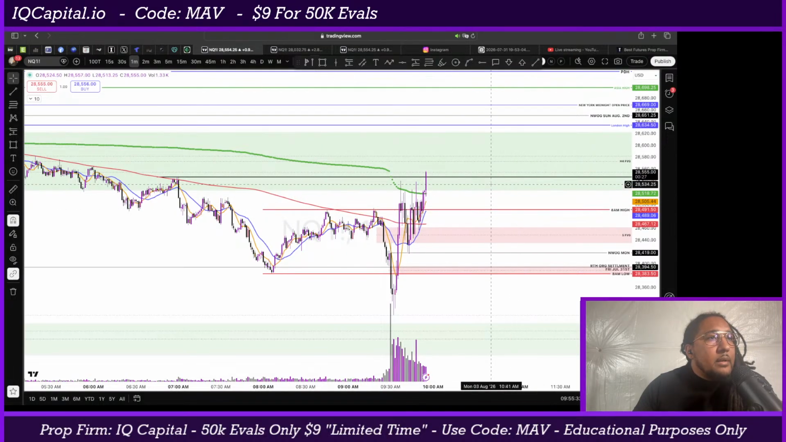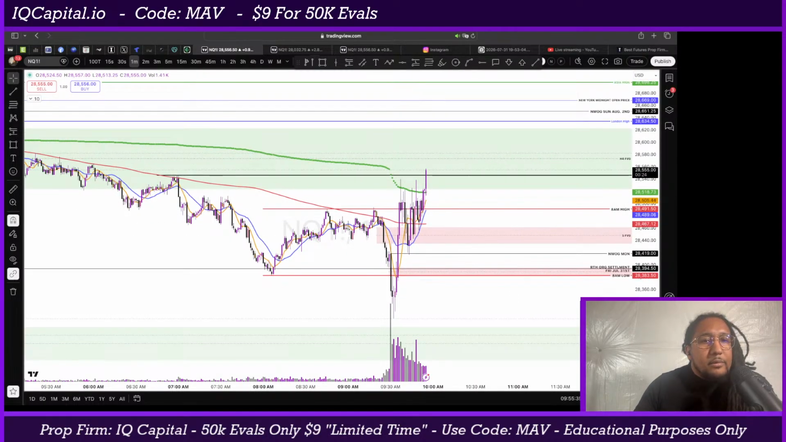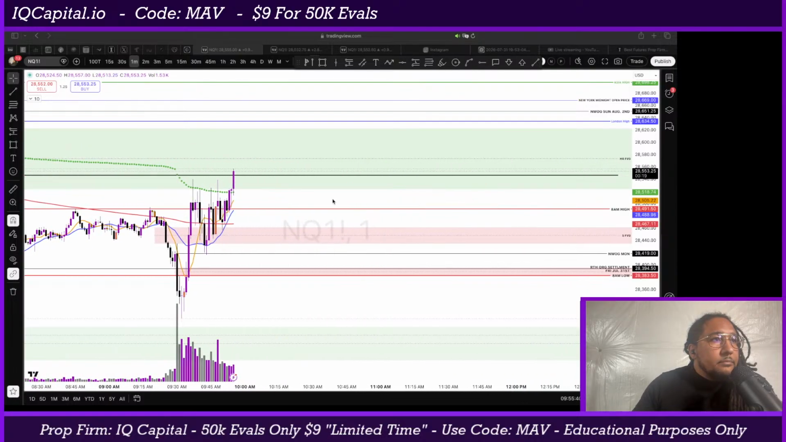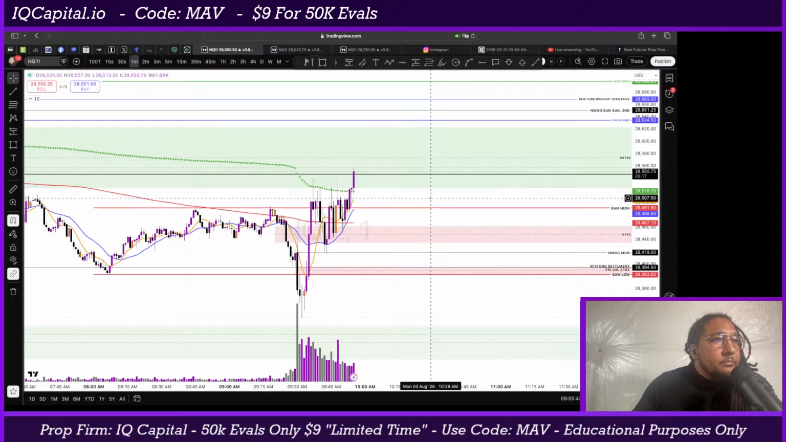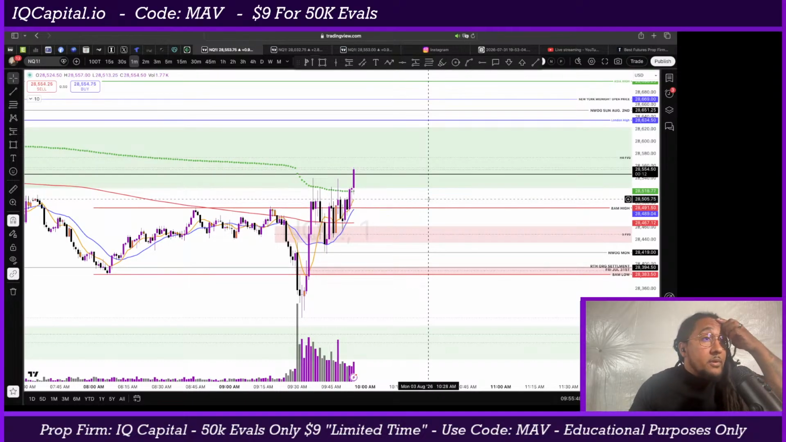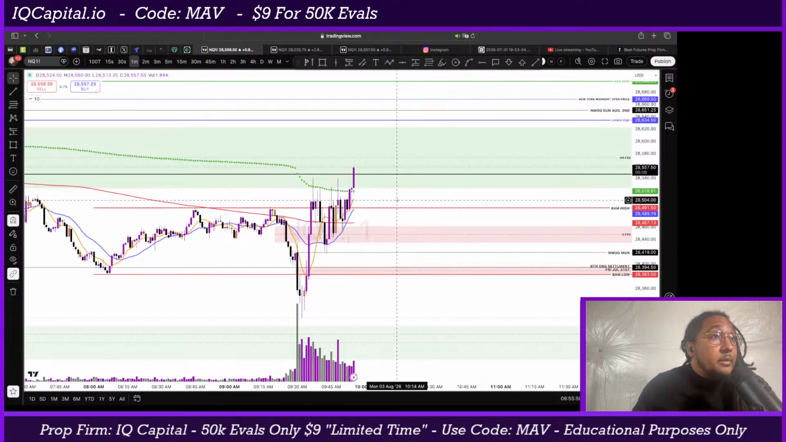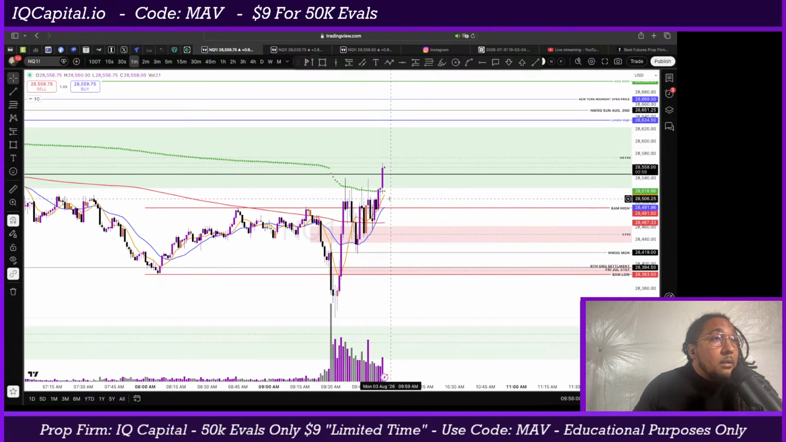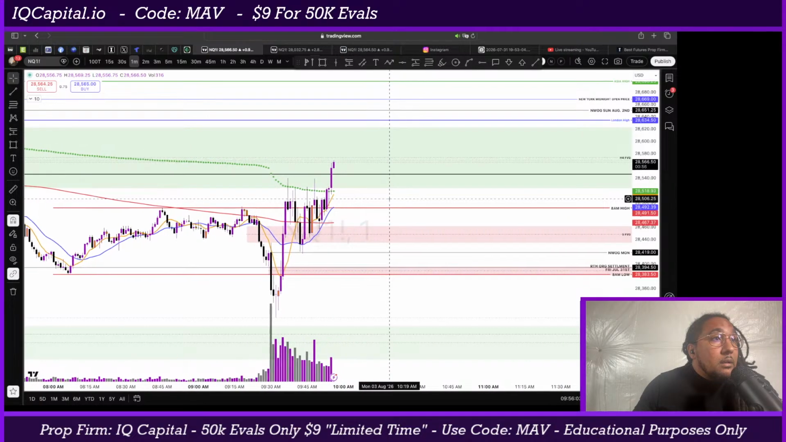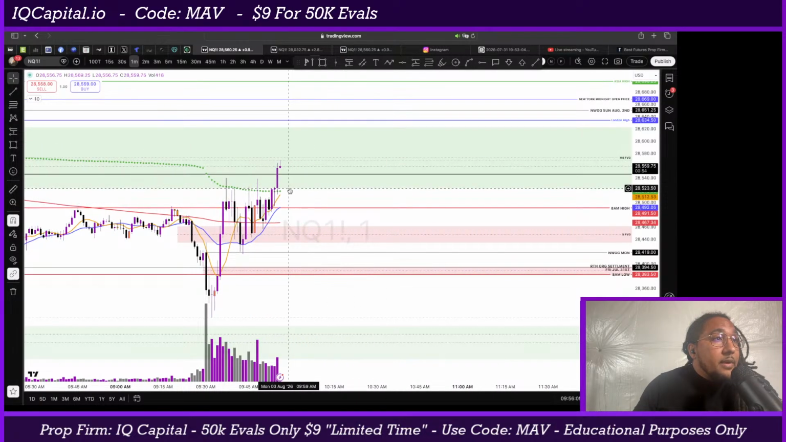All right, so we broke that area we were looking for. So I'm looking for some expansion. I'm looking for a strong move to the upside. This bullish engulfing candle is kind of what we're looking for here, creating this fair value gap. If price continues to the upside,